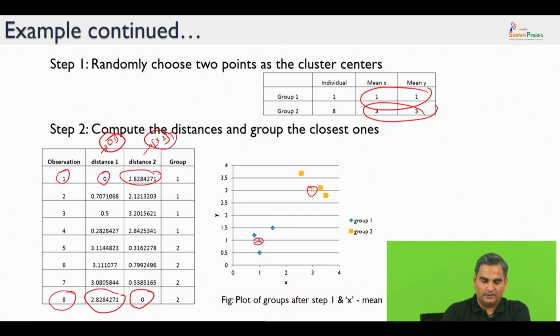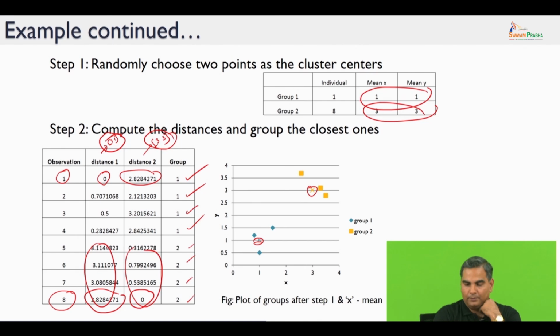So, here distance 1 is less than distance 2. So, this is assigned to group 1, this observation, which is basically the point 1 1. The second observation, again if you look at it, distance 1 is less than distance 2. So, the second observation is also assigned to group 1, and you will notice through this process the third and fourth will be assigned to group 1, and 5, 6, 7, 8 will be assigned to group 2, because these distances are less than these distances. So, by starting at some random initial point, we have been able to group these data points into 2 different groups,